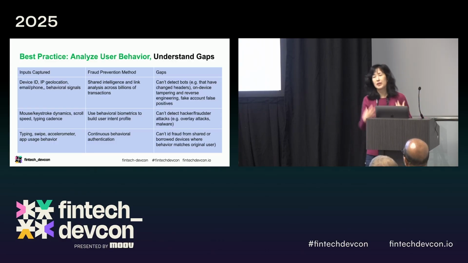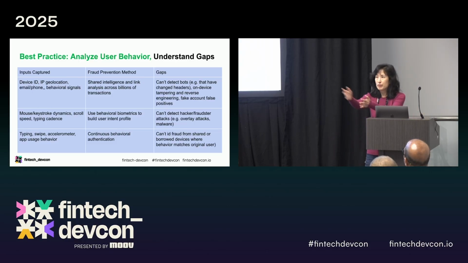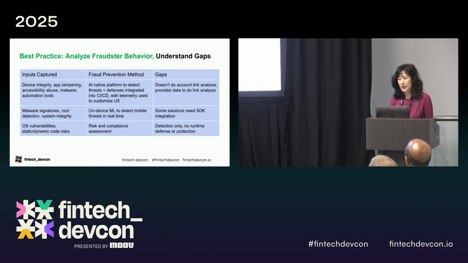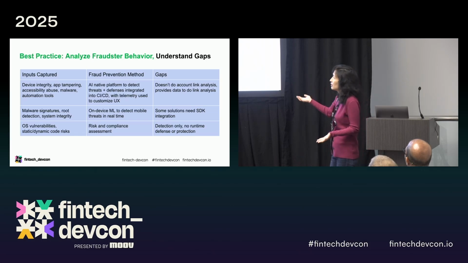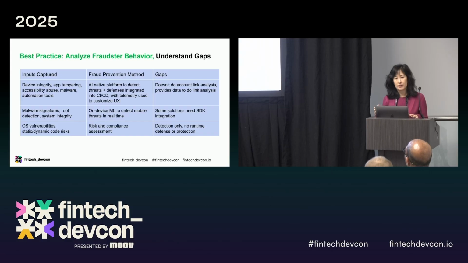So like I'm here in Colorado, but I'm from California, and let's say I am using an app, I'm using a computer from this event, right? And they can't tell that I am the same person. And then when we look at the fraudster signals, okay, the fraudster tools will focus on the device integrity, app